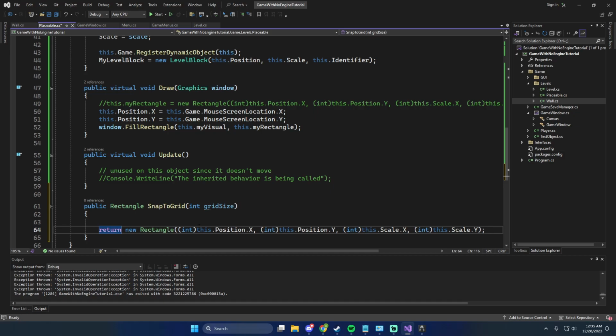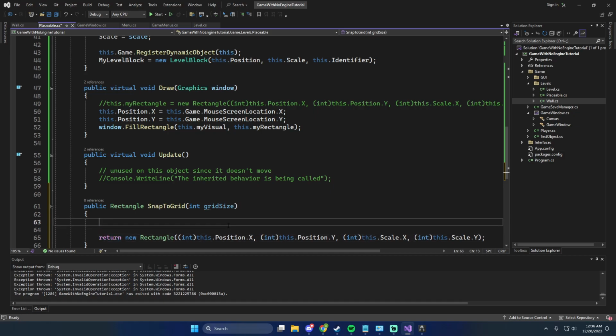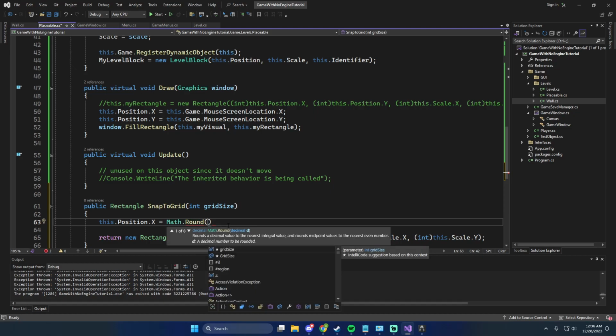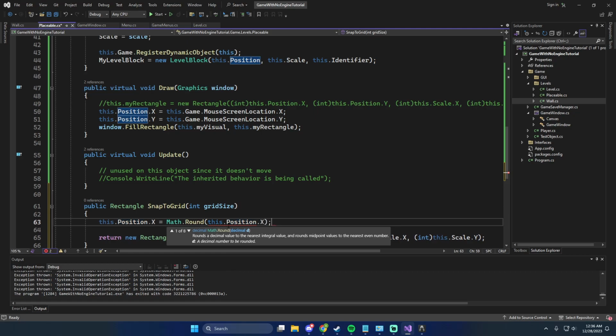So we just return this because we don't need to mess with the scale or anything. We just need to mess with the x and y. And we say this dot position dot x, and get ready for this rodeo. So first we're going to say it's equal to math dot round, and math dot round is going to take this dot position dot x